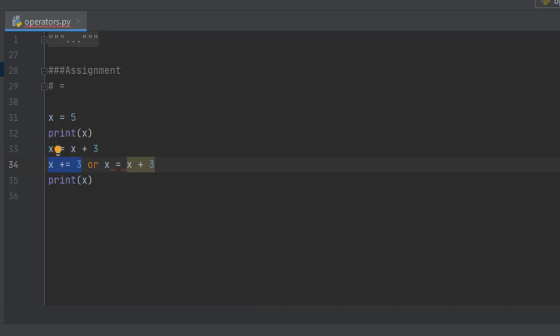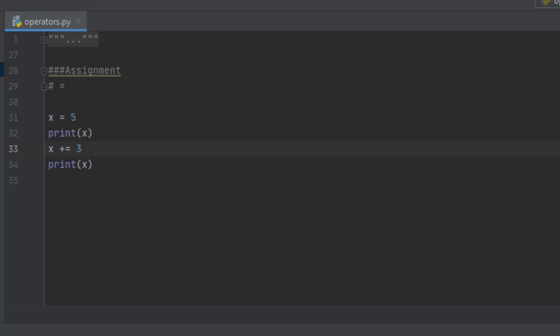This is just a short form. We programmers are lazy, so we do that. We don't like to type all stuff, so we are very much into shortcuts. So we made even this shortcut. So x is equal to x plus 3 is written as x plus equal to 3.